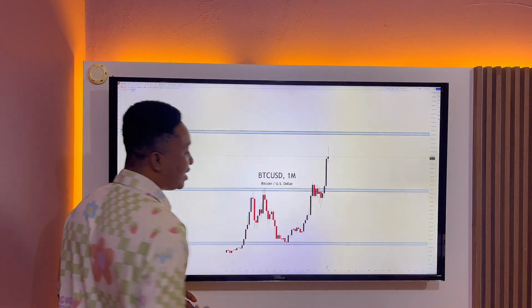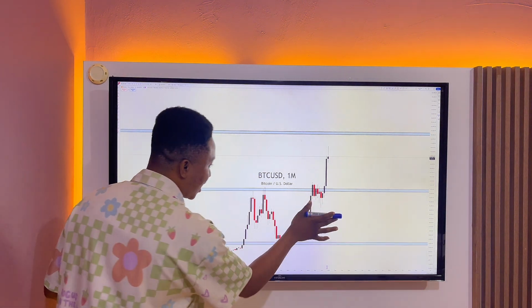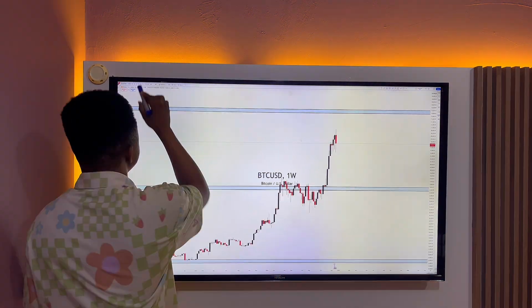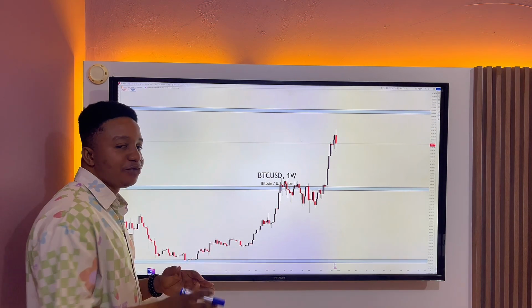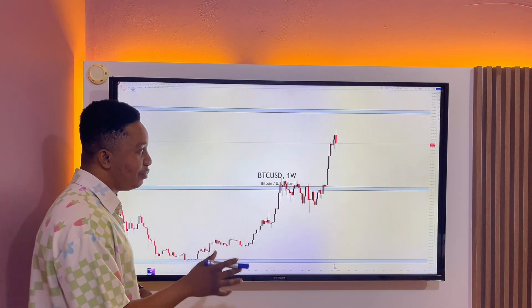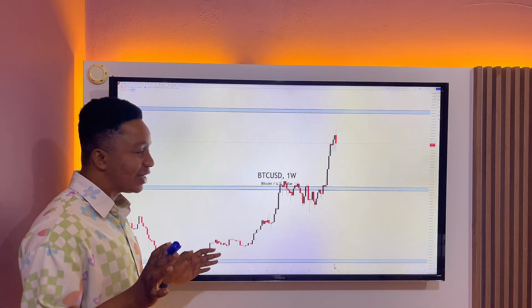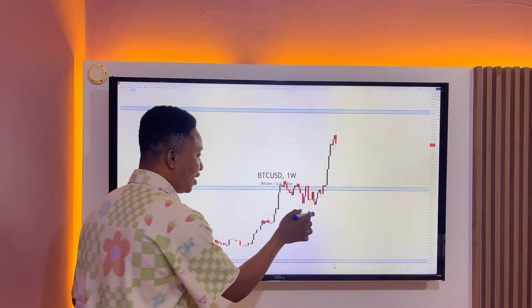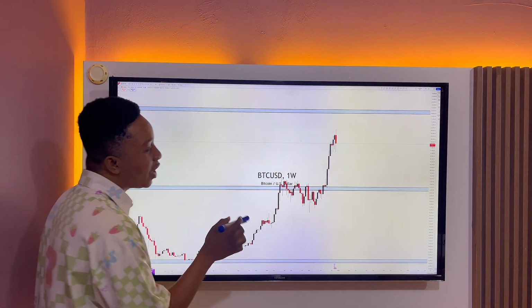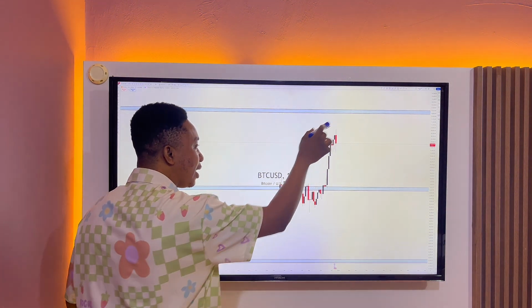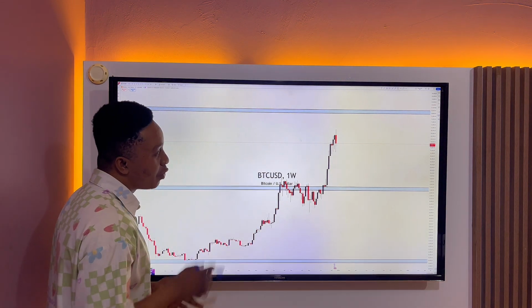All right, so BTC, let's take it to the weekly time frame for further understanding. So this is the weekly time frame on BTC. Let's explain. If you look at BTC on the weekly, we are seeing the exact same thing as we saw on the monthly, a push all the way to the upside. But over here in the weekly time frame, if you take a closer look at exactly what has happened over here, you are going to notice that